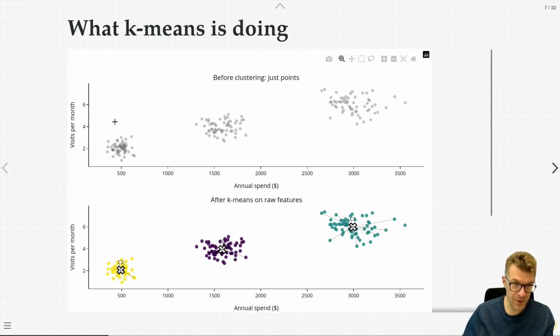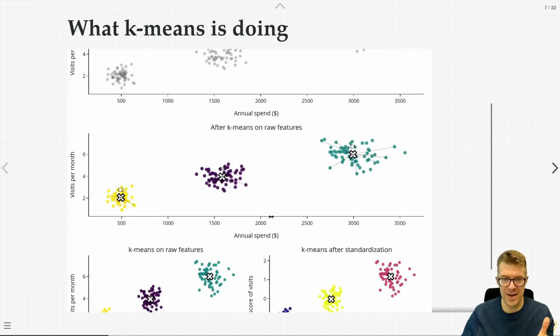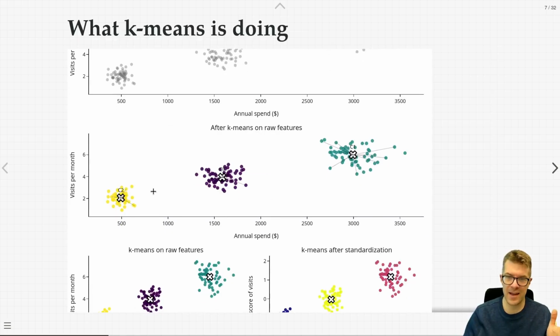So this group down here doesn't spend very much per month, well, relatively, and it doesn't visit too much either. But then as you go towards the right, they spend more and they visit more. So after k-means, we're skipping a step here, obviously. After k-means, we've decided that k equals 3, and then you end up with these 3 clusters now colored. Every color represents the label for these clusters we've automatically determined, and these big white X's represent the centroids